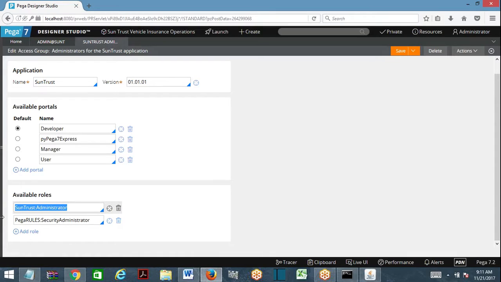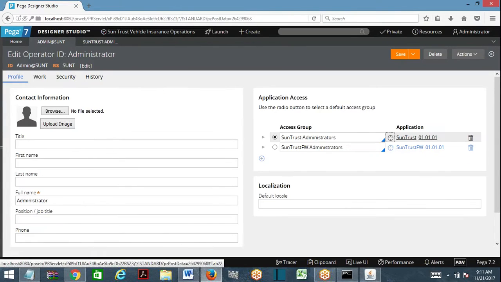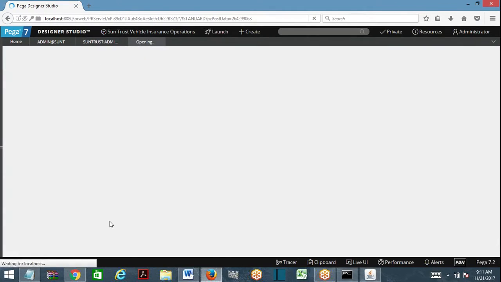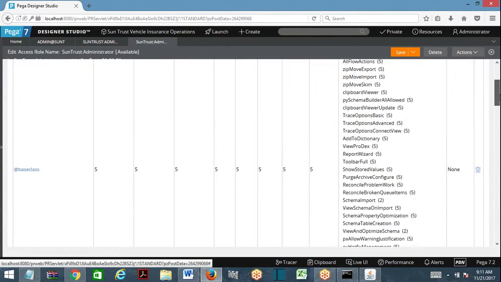If you closely observe, access group name starting with application name. Here I'll show you, starting with application name colon. Similarly, access role name also you see application name colon. Access role you open. Next, what you identify here is access role to object.